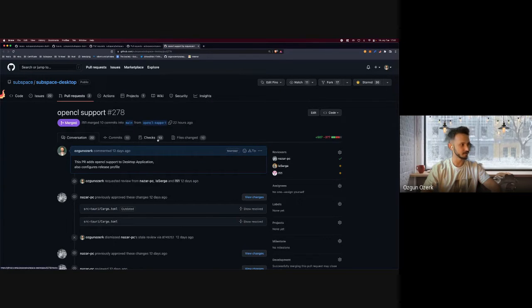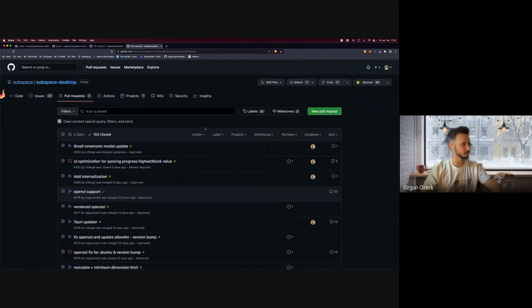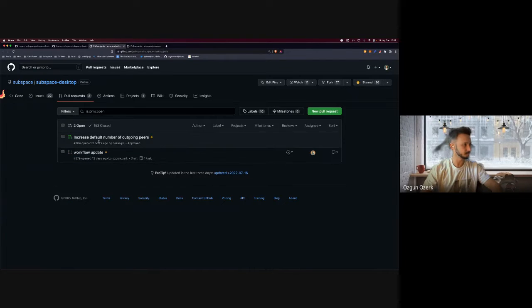So now we do have support for OpenCL, which means you will be able to utilize your GPU for faster plotting. This is merged to main, so we have the support. And we changed the CI workflow in this PR, so our GitHub will check for this feature as well. And now the next step is to change the publish workflow,